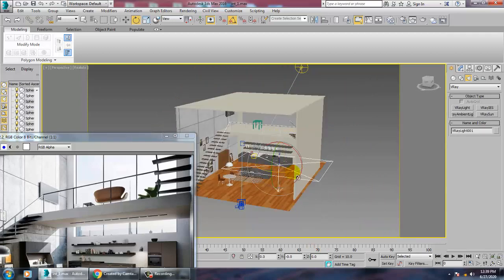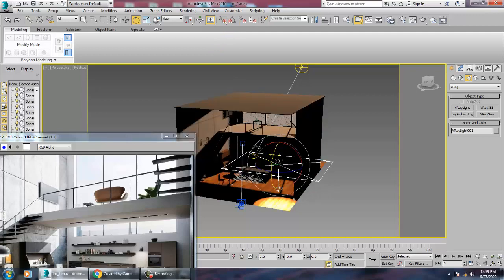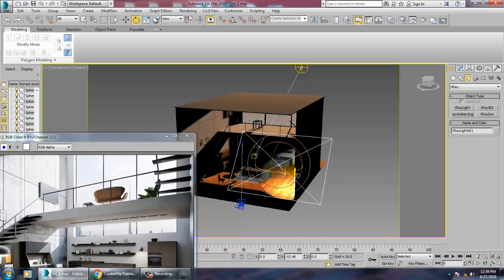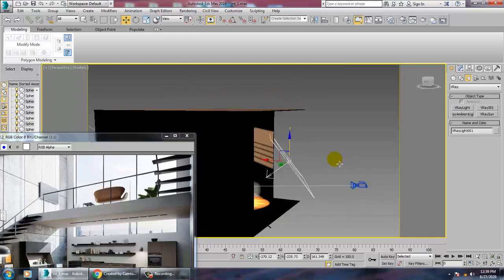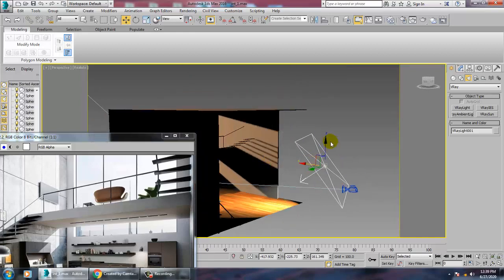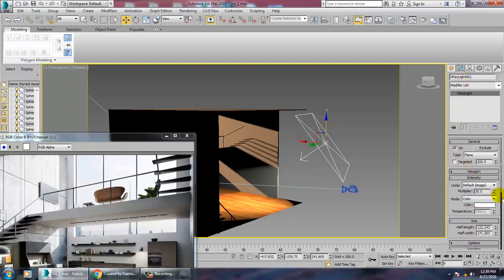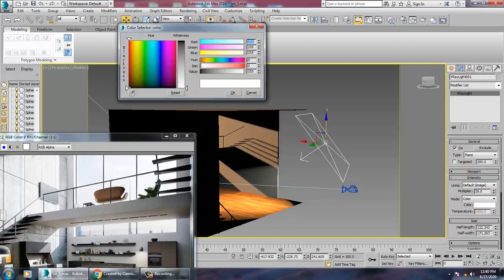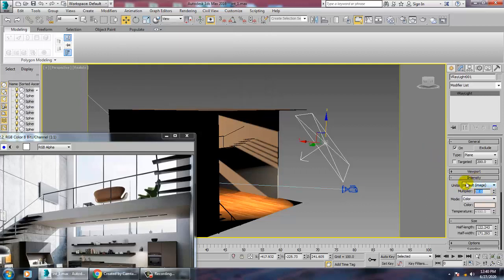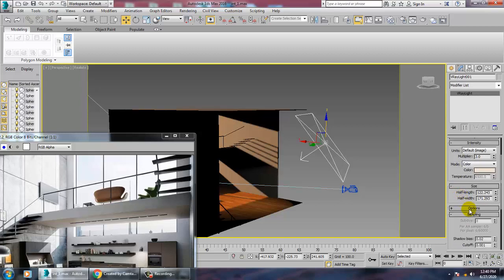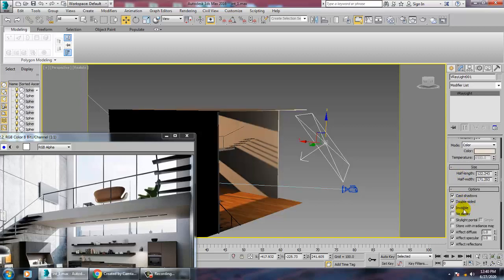We'll push this up a bit, and first we'll change the color of this light, reduce its intensity multiplier to 3. Let's go down into the options, double sided, and make it invisible and turn off cast shadows.